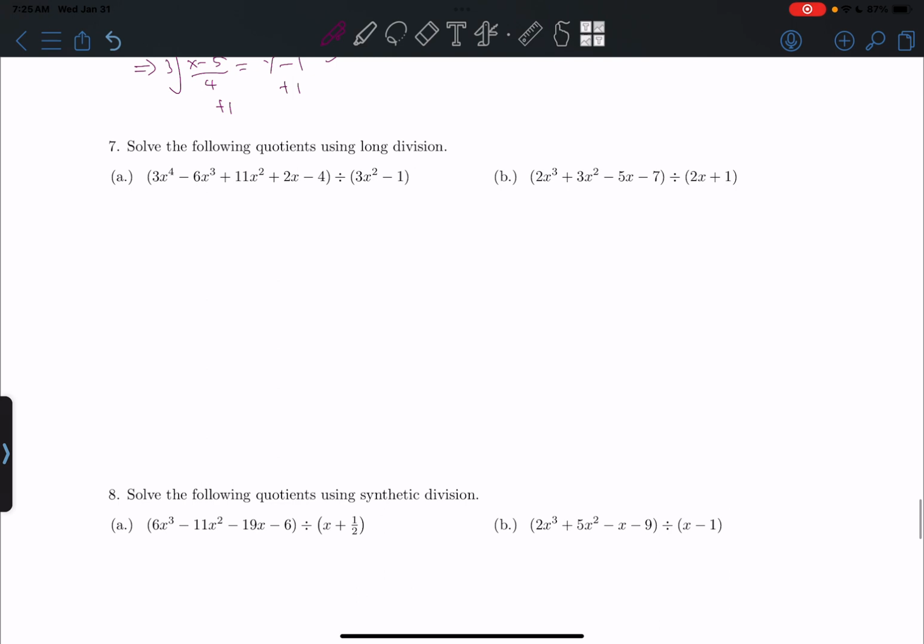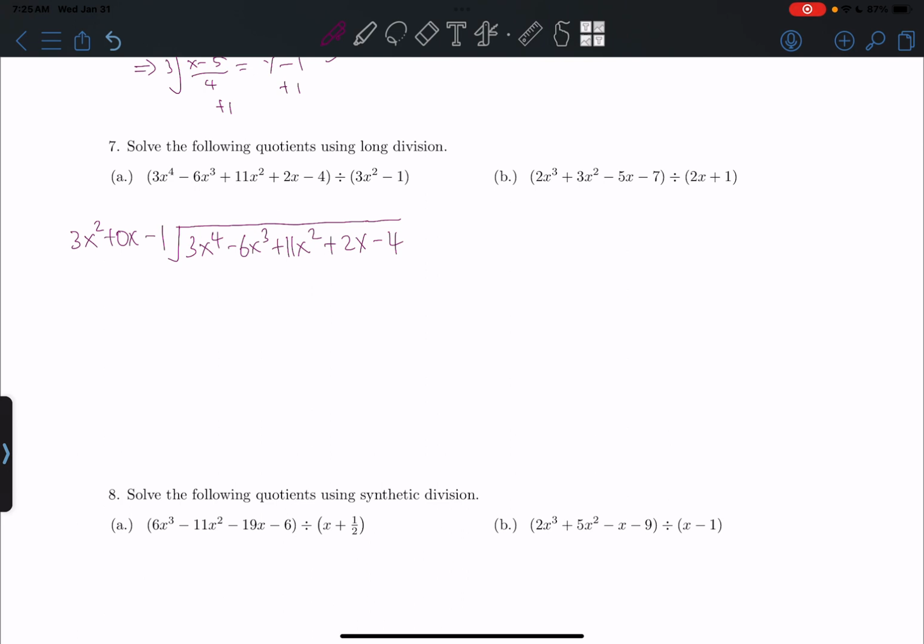Moving on to number 7 then, long division. Now these are not too bad of a problem, you just have to remember the steps. Here we go. We're going to go ahead and set these up. But for this one, we see that we got 3x squared minus 1. We're missing that middle term, so we want to put a placeholder. That way we have our